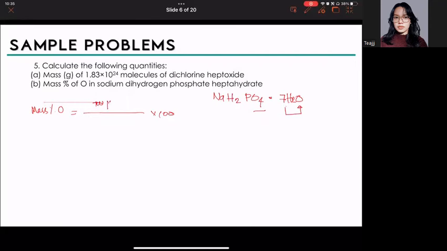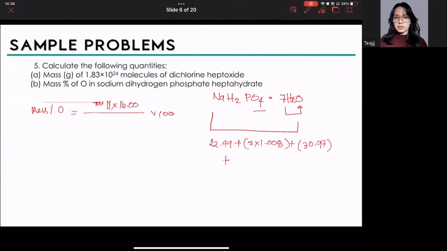So that's 11 times the molar mass of oxygen, that's 16.00, all over the molar mass of this whole thing right here. So that's 22.99 plus 2 times 1.008 plus, what's this again? 30.97